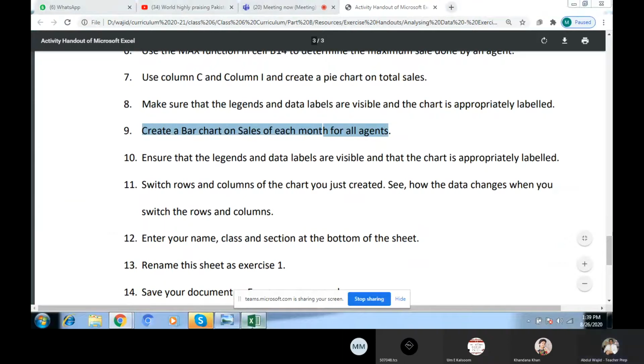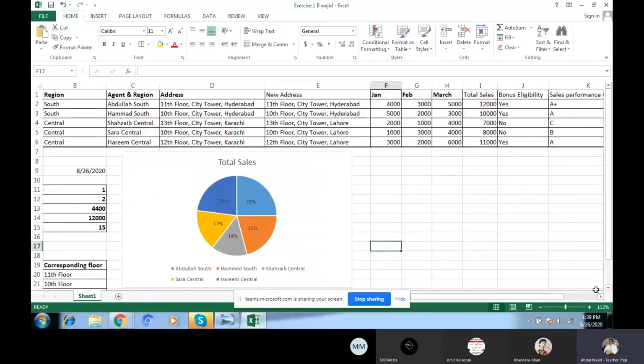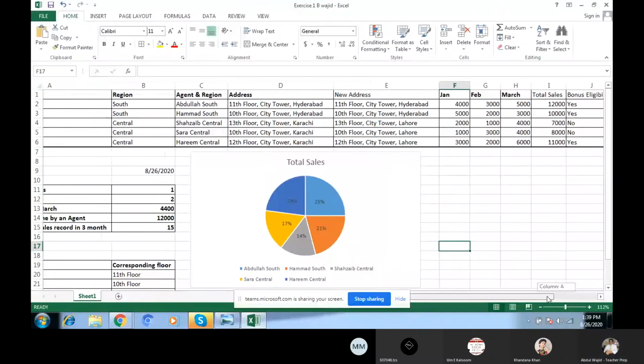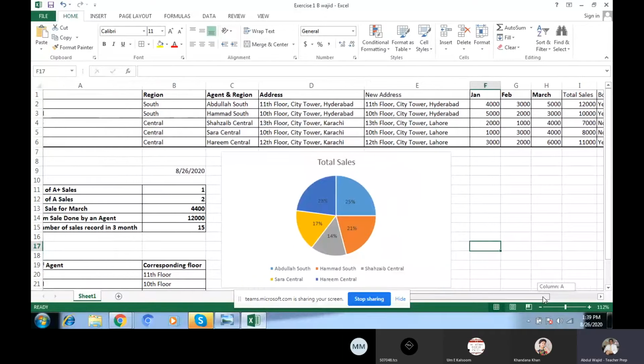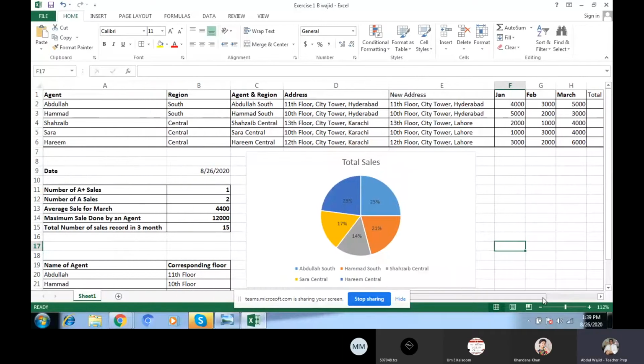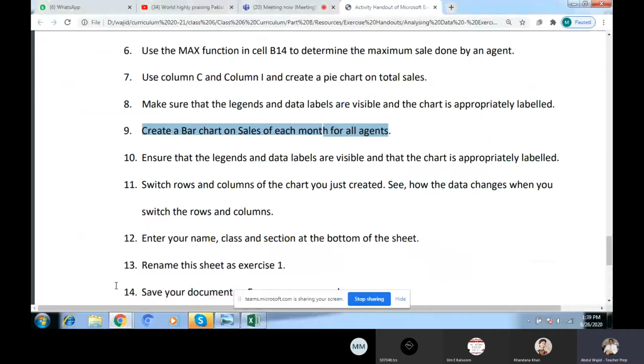Okay, we will go again and click outside of the chart. Now we will take each month cell, all agents. Okay, bar chart of sales of each month of all agents.